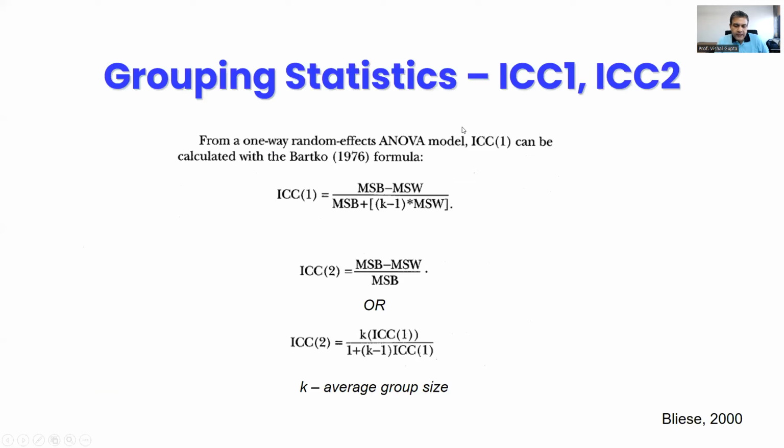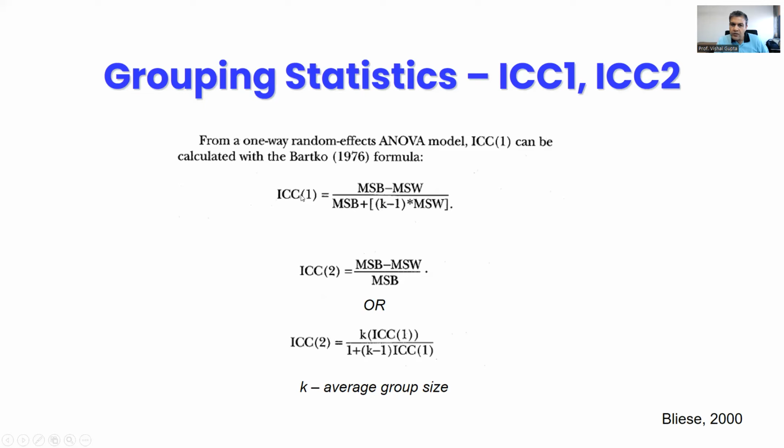So grouping statistics, ICC1 and ICC2, this is the command. When you do ANOVA, you can compute easily both ICC1 and ICC2. What is the formula of ICC1? It says mean sum of squares between groups minus mean sum of squares within groups, divided by MSB plus K minus 1 into MSW, and K is nothing but the average group